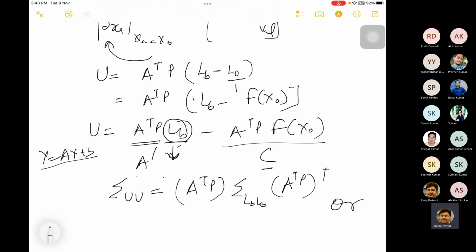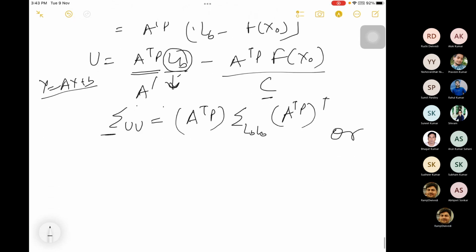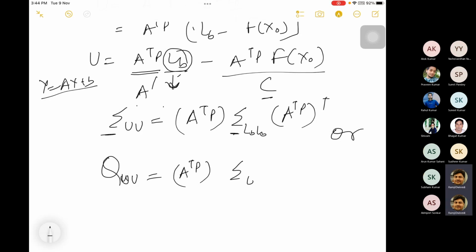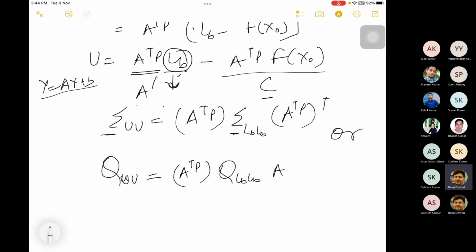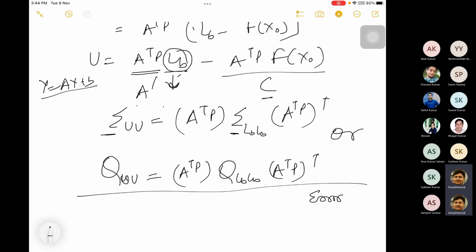Or if you do not have the sigma value available to us, you can work with QUU, because the cofactor matrix can also be applied in a similar fashion if you do not have the values for the variance covariance matrix. So you will again write ATPA, ATP sigma QLBLB in this case, because if you are working with QLBLB, it will be written as QLBLB ATP transpose. You can go back to your error propagation slides